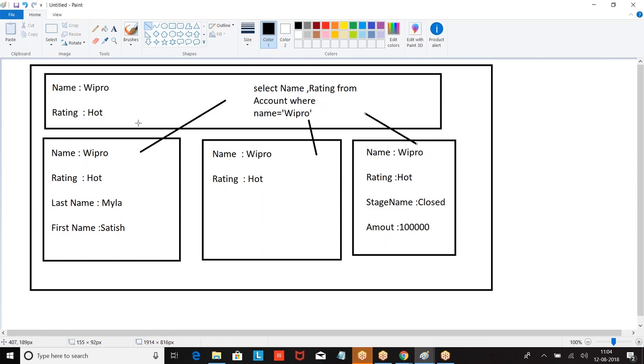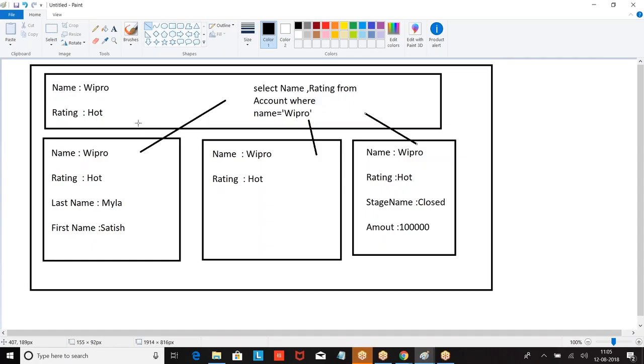Now Lightning Data Services, what does it do? It identifies what data you are trying to fetch. If any duplicate queries are there, it simplifies them, makes a request to the server, gets the data, and puts it in a cache. All the components which want this data will come to the cache, collect the data and display it. So basically it is trying to avoid the number of interactions with the server.